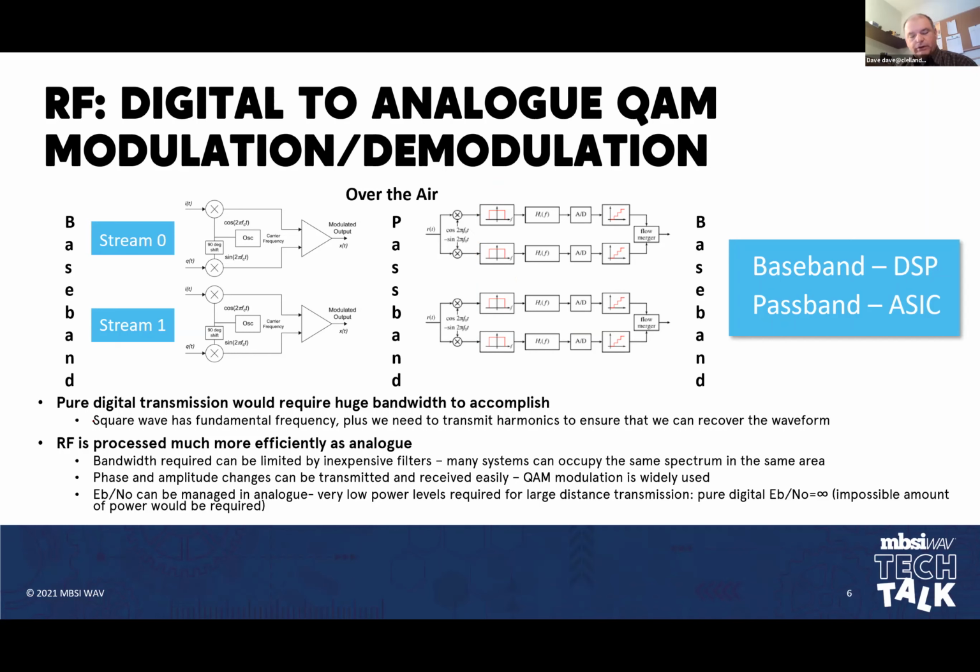First of all, if we were to transmit pure digital information from baseband to radio transmitter and back to baseband again in pure digital format over the air, we would take a huge amount of spectrum to transmit a very small amount of data. Square waves, if we're going to turn an RF carrier on and off at some kind of speed that we could achieve a decent data rate over the air, we